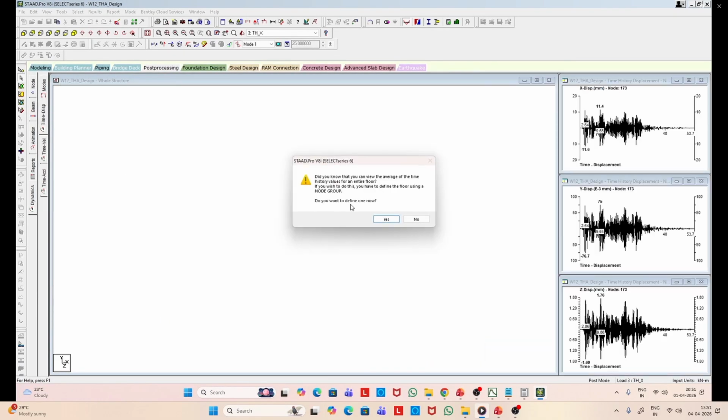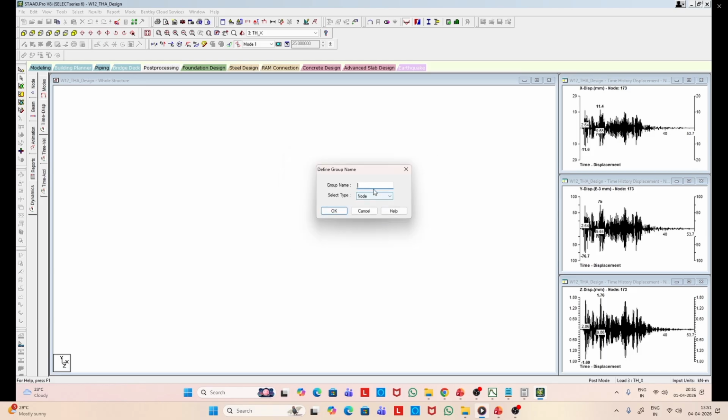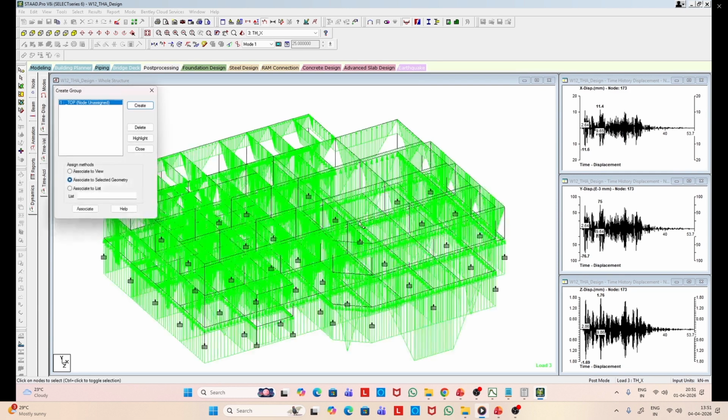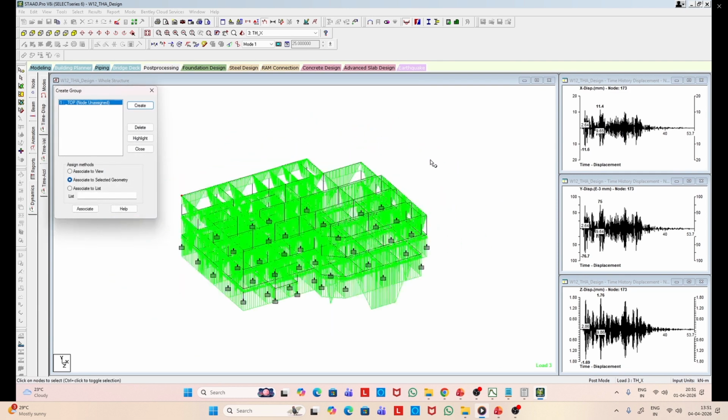And for that particular node, you can see the displacement along X, Y, and Z. So we selected node number 173, and then you can also save it.